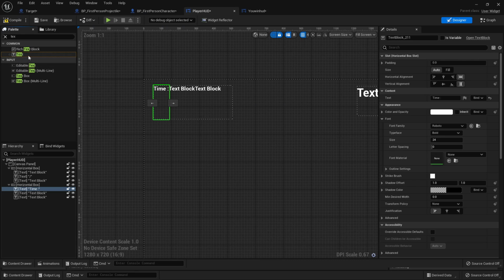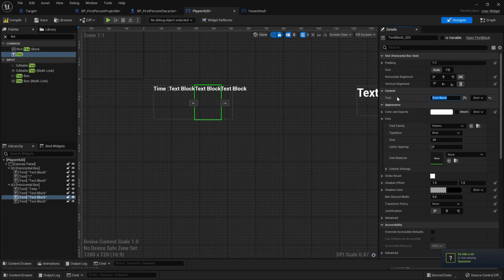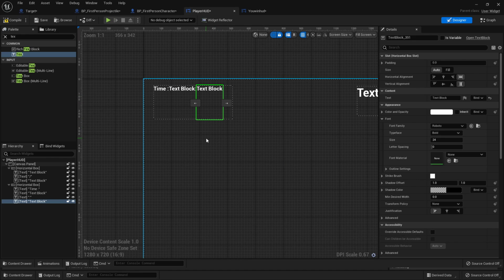Actually, I think we need to add one more piece of text. So this first text is going to display the amount of minutes that have taken place. This third text will be a colon, and this fourth text will display the amount of seconds that has passed inside of our game. So to display all of this, we want to go to our graph